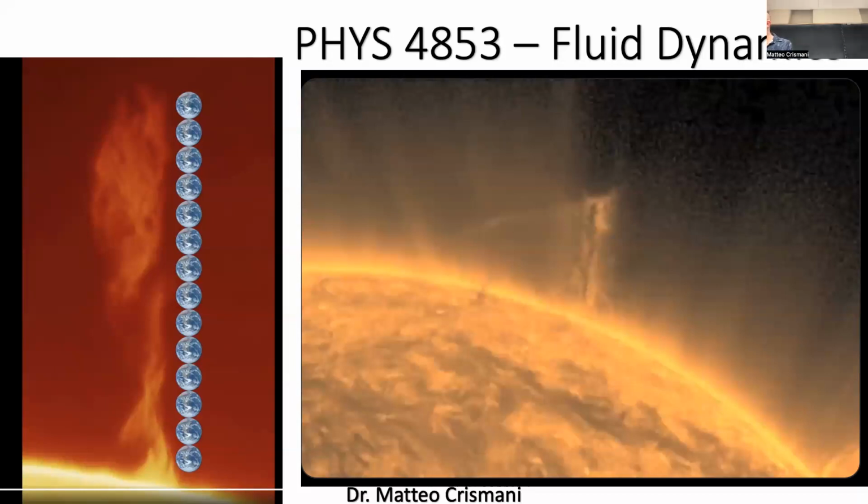Okay, so in fact, this is not an alien spacecraft refueling. This is a twister or a tornado on the top of the surface of the sun. And the question you should be asking yourself is, well, why the hell are we talking about this in a fluid dynamics class? And this will go to this idea of where fluids are applicable. Is this atmospheric motion, can I treat it like a fluid?